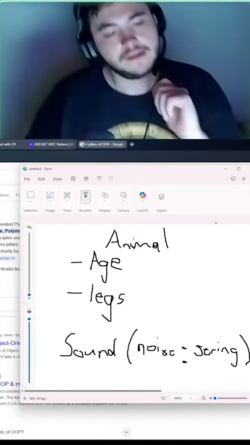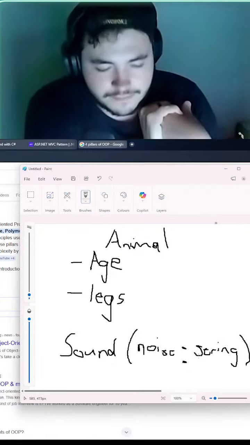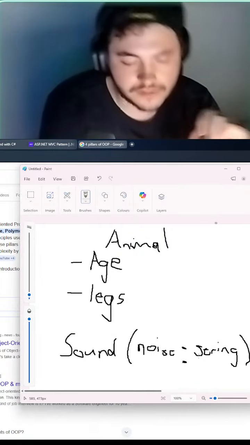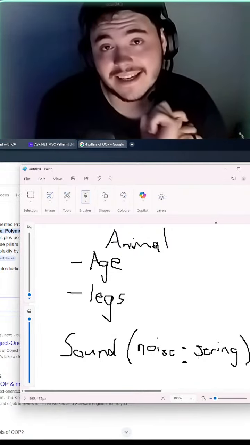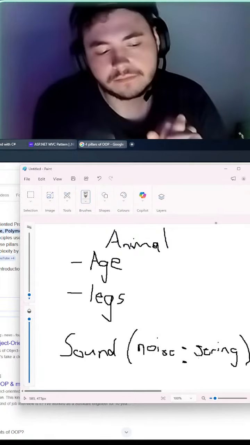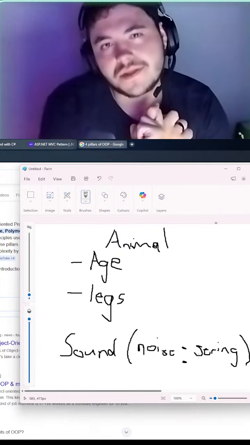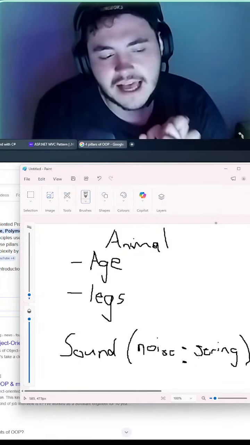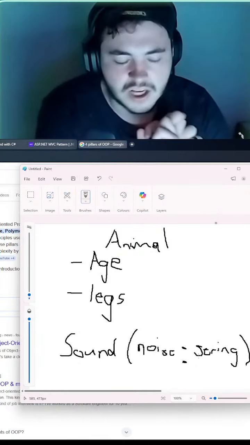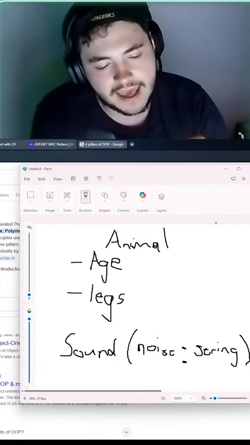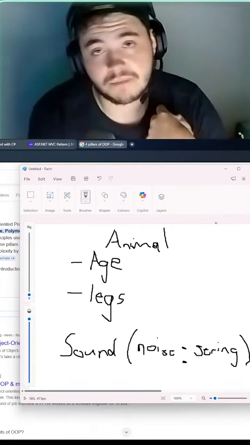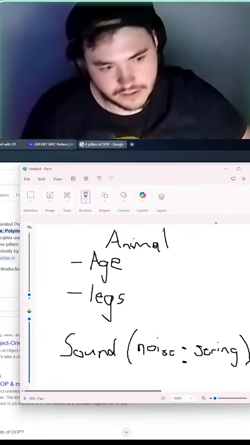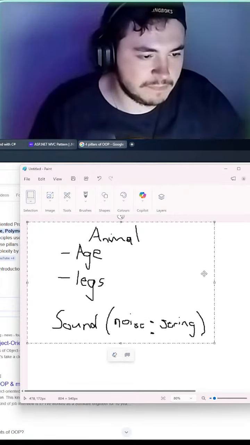Now what we just did here is create a very basic class of an animal that has an age attribute and legs. But we also created something called a method, which is basically a function that's inside a class. And what we created is almost a base class, which is like the top level that you can be.